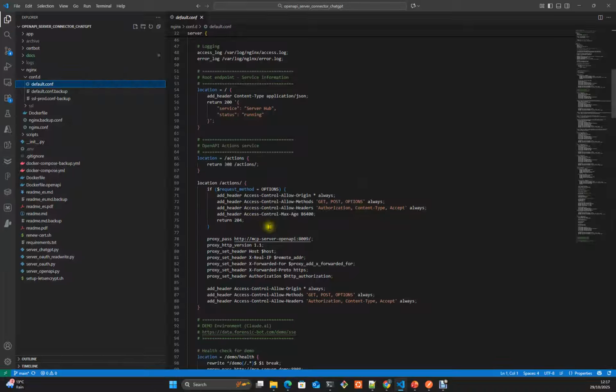Once you receive a query to your domain/actions, you will be redirected to the container MCP server OpenAPI on port 8009.